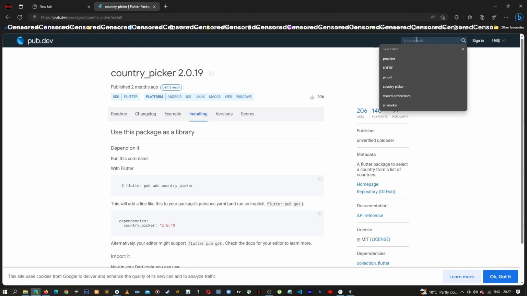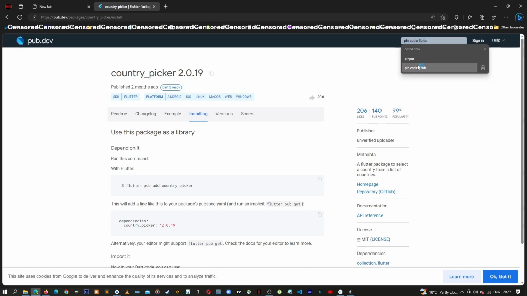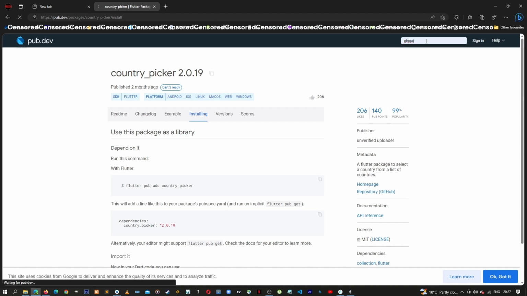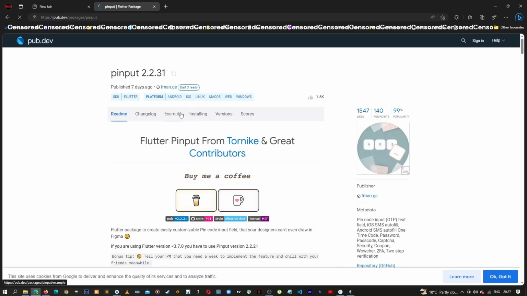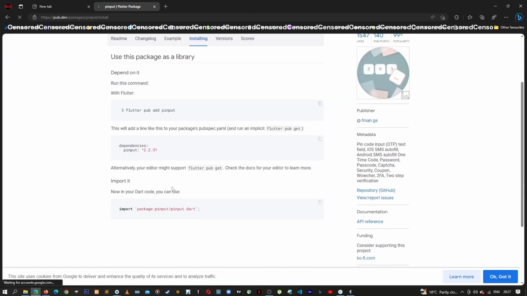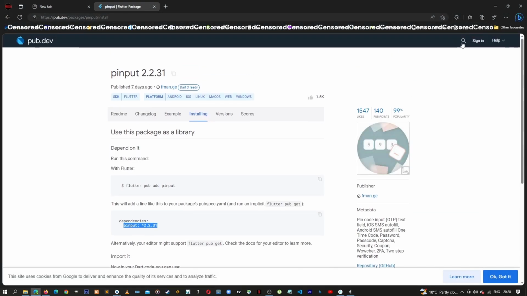Let's now search for the pinput package. This one, we click on this one. We go in our installation. Let's copy this, and then we go back to our application, paste it out, go back to our browser, and then let's search for a